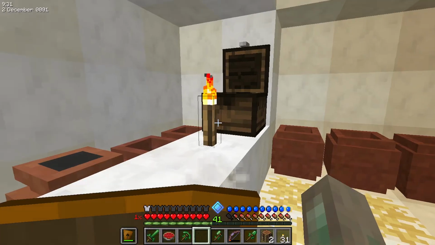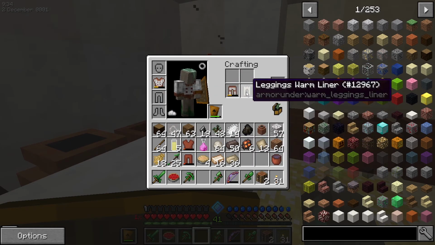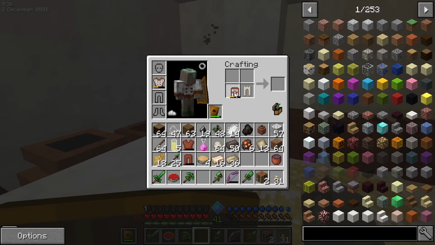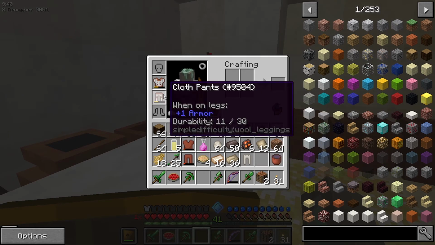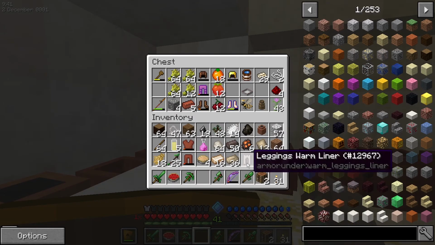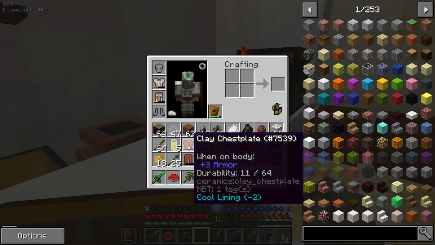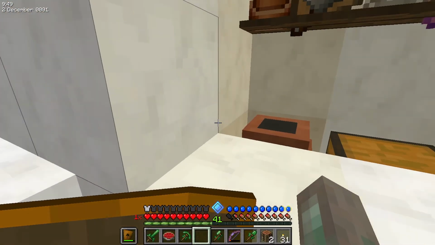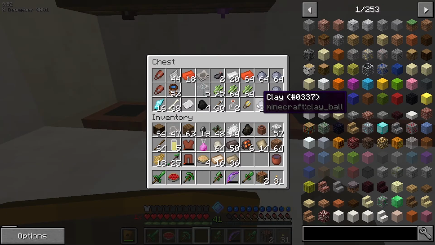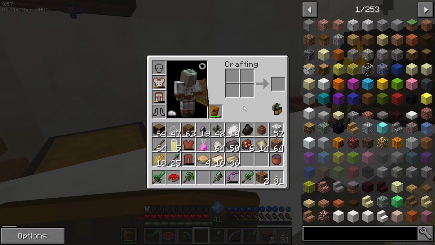Just real quick, for some reason, by default, it doesn't work with these. I have no idea why. I thought they had automatic compatibility with each other. These actually do warm or cool. We have the cooling liners on these, but for some reason it doesn't let you put them on the simple difficulty armor. I did just now change the config, but it's still a little weird, if you ask me, that it doesn't do that by default. Anyway,